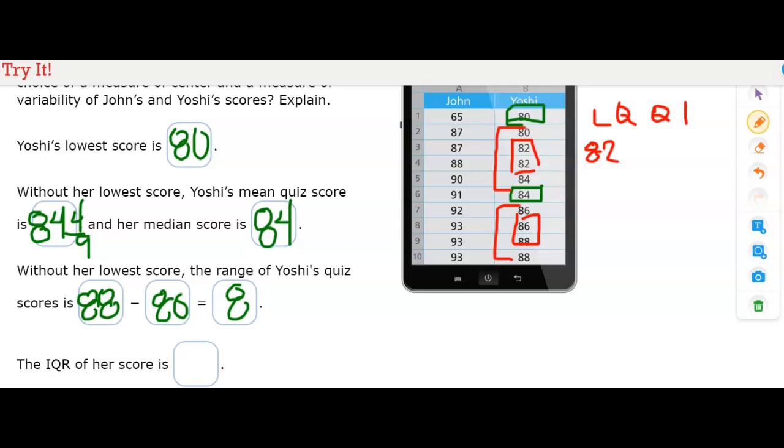And that gives us 87. So 87 would be the upper quartile, or quartile 3. And then we subtract them. So 87 minus 82 gives us 5. So the IQR is 5. So as I mentioned before, she would choose to use her measure of variability